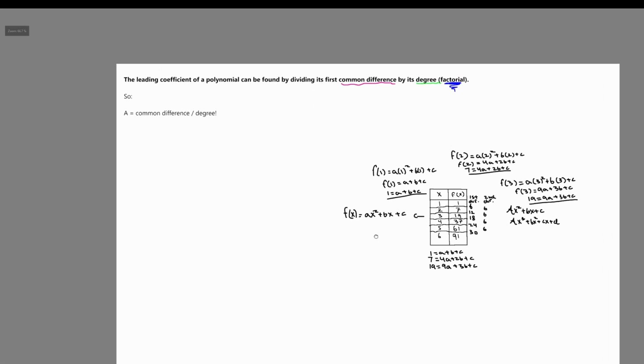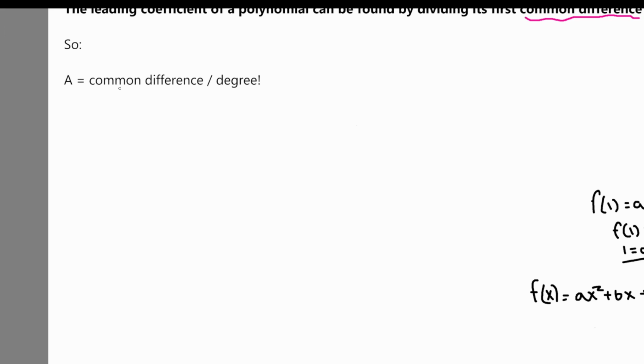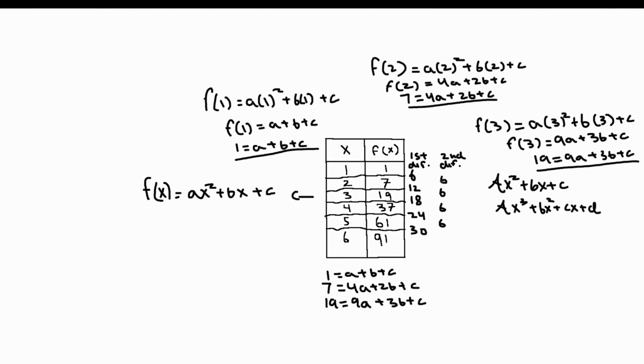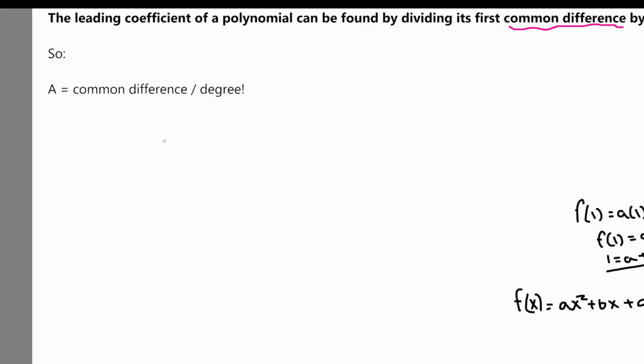So the leading coefficient of a polynomial, which is a, right, can be found by dividing its first common difference by its degree factorial. So we could say a is equal to the common difference divided by the degree factorial. What's our common difference? Our common difference is 6, right? We already know that. So a is equal to 6 divided by our degree factorial. So our degree is 2